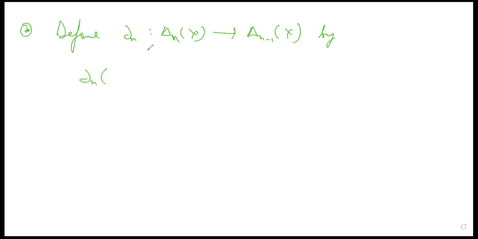Because these are generated by these, we are supposed to define the boundary map over this, but because we are identifying this, we can define it over this itself, right? So what we can do,